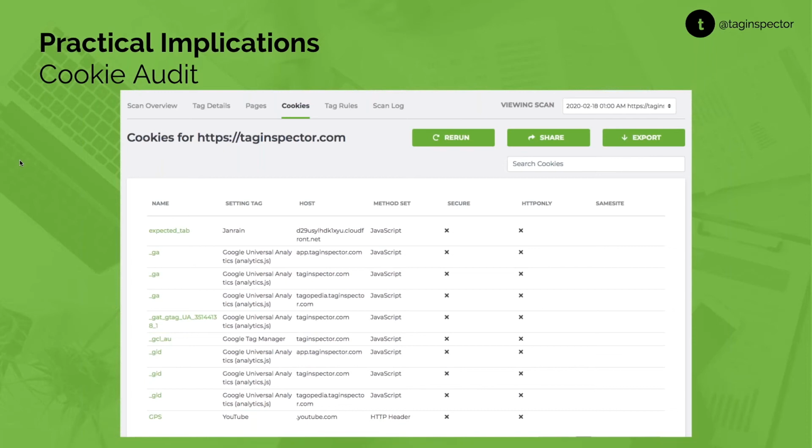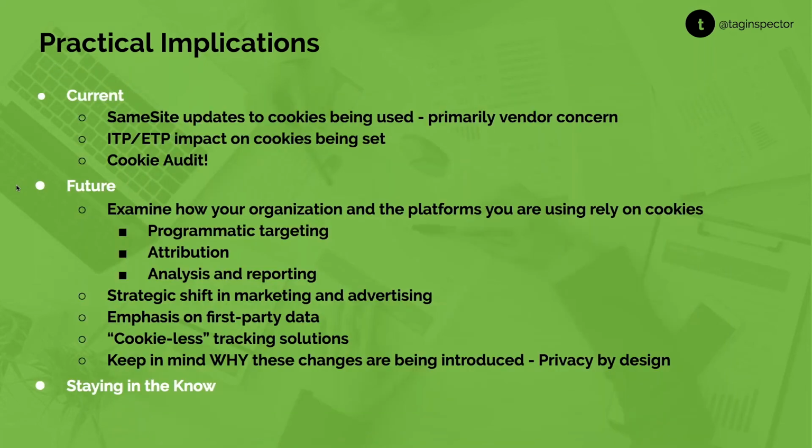Also, with a cookie audit, you can understand, even for ITP and ETP purposes, what are the first party and third party cookies that are being placed. Again, associating those back with the platforms that are responsible for setting those. So you can understand where there are some functionality limitations or implications for how you're using tools, how those might be in play given these different technical restrictions. So that's how you can assess your current environment and what you can do today as far as the implications and what you can update there.